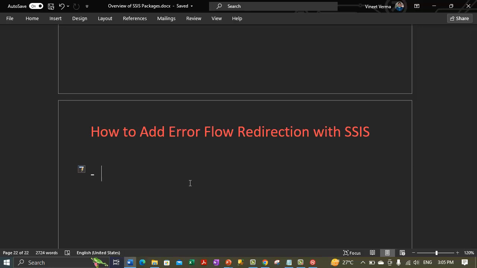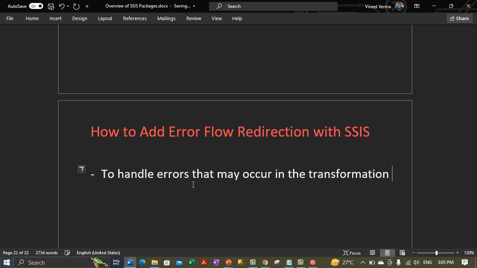So what is error flow redirection used for? This is basically used for handling errors that may occur in the transformation process. The role of error flow redirection is to handle the errors that may occur in the data transformation process. And to handle the errors that may occur in the transformation process, SSIS or Microsoft Integration Services lets you decide